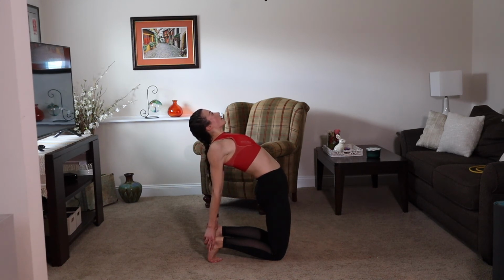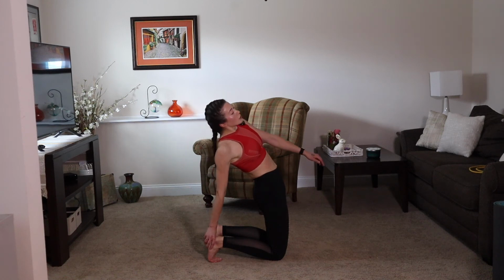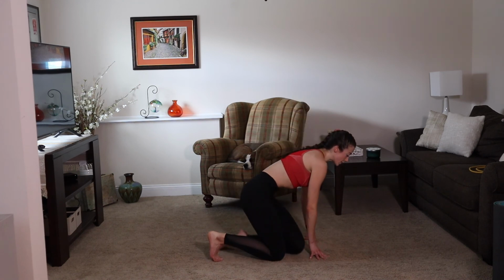Breathing, slowing it down. Good, and just the way that you went into this, you're gonna come out of it. So if the left arm was last, you're gonna slowly remove the left, twisting over to the right, and then raise yourself up. Good. All right, we're gonna come all the way seated, and you're gonna extend those legs so they're in a